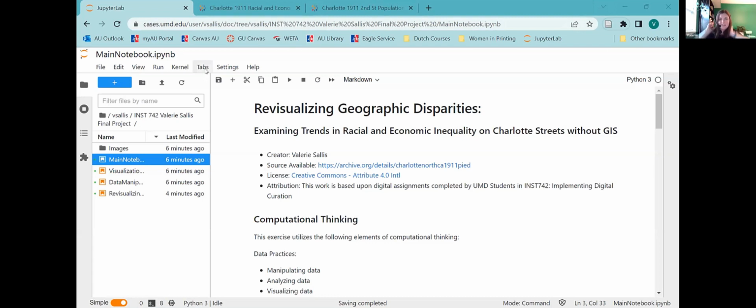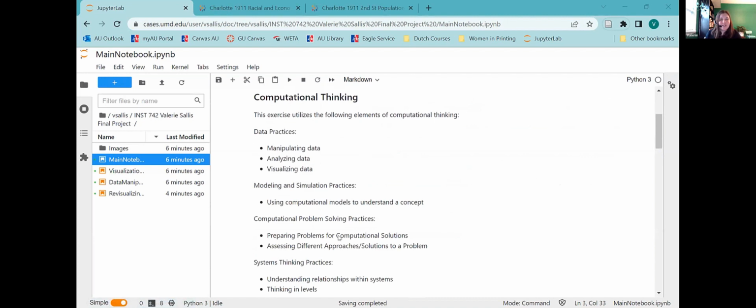So the title of my presentation is Revisualizing Geographic Disparities: Examining Trends in Racial and Economic Inequality on Charlotte Streets without GIS. What is that? I'm not anti-GIS. We'll get into why. But for my project, the main point with computational thinking that I was looking at was assessing different approaches and